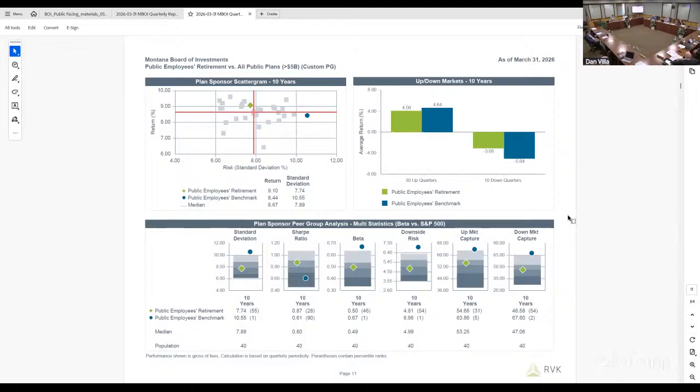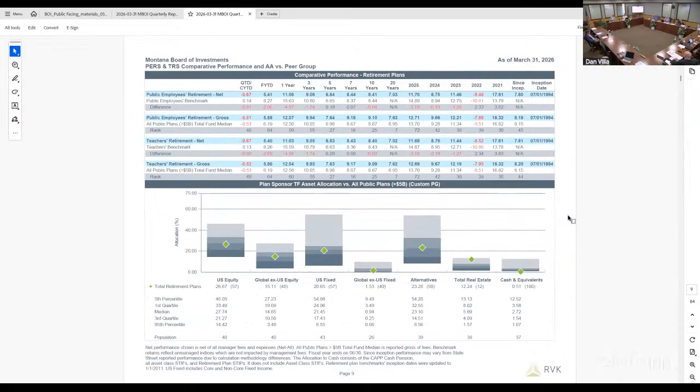I'm sorry. So back on page 9, I thought it was interesting that our cash position is probably the lowest of the peers. Which is in one way great because that means we're allocating what we have. I was just curious as to how that has fluctuated over time. And do we consider, because we have that other pool that is just strictly almost cash, right? Do we consider that as a whole or separate?